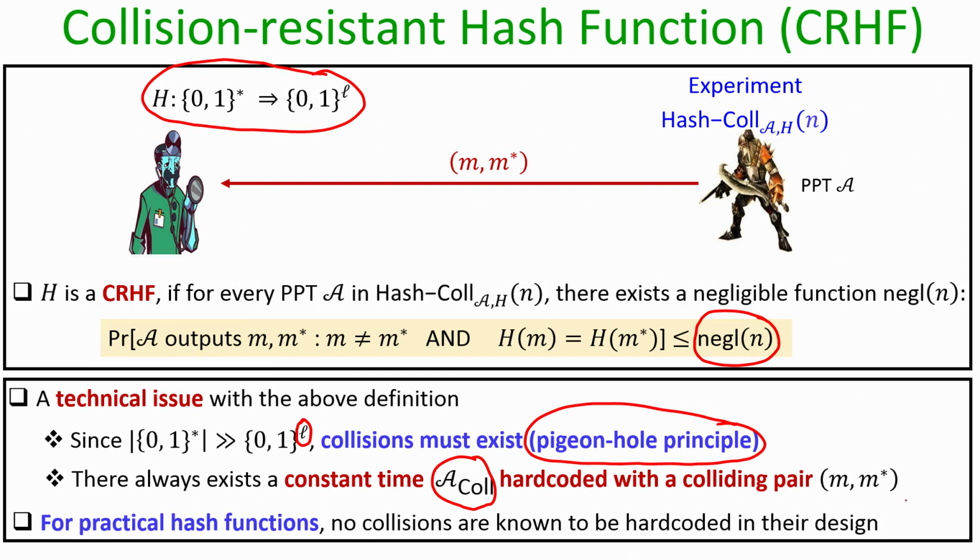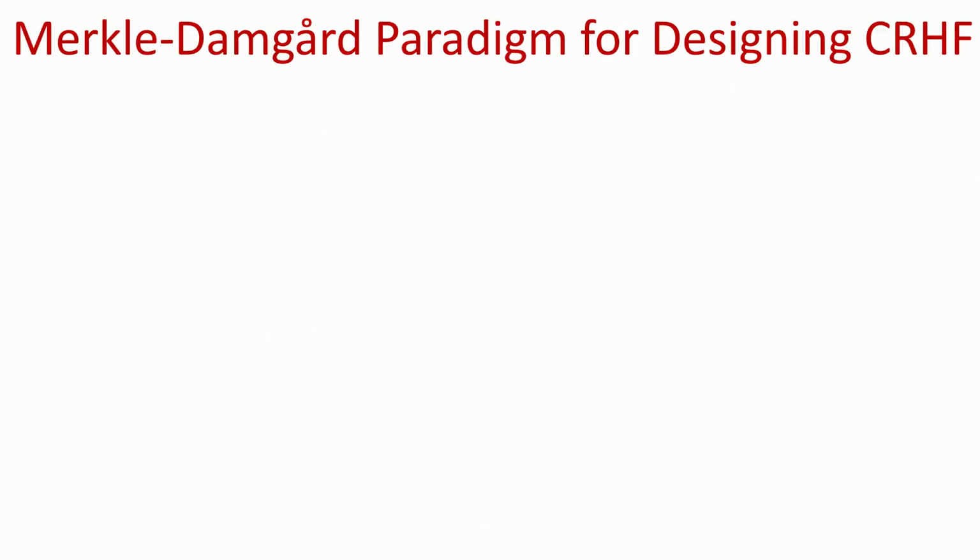I also stress that the collision resistant property does not demand that there should not be any collision in the function h, because by design it is a many to one function, and as I said, by the pigeonhole principle there will be several collisions with respect to the function h. The challenge is to design a polytime, computationally efficient algorithm which, when given the description of the function h, could come up with at least one such collision pair with non-negligible advantage. That is the security requirement, or that is what we mean by the collision resistant property.